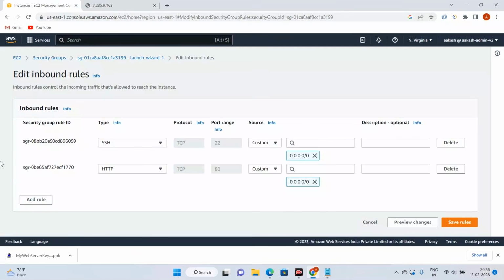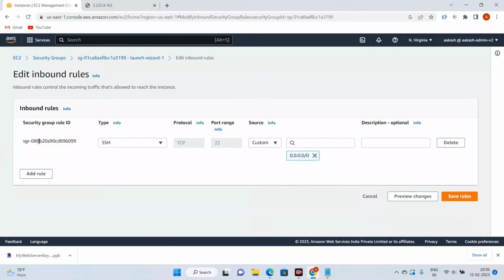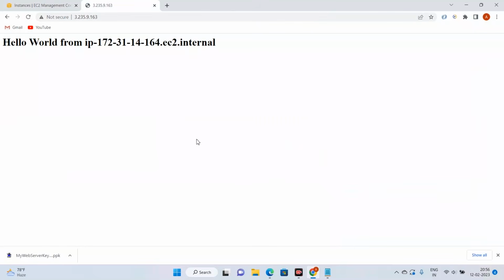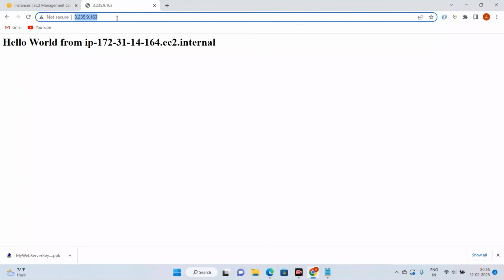What happens if I delete the HTTP rule, right? If I delete this over here, my security group now only allows SSH access from anywhere. If I go back and try to reload this page, it's still reloading. I think it is cached or something. So let me just copy this particular